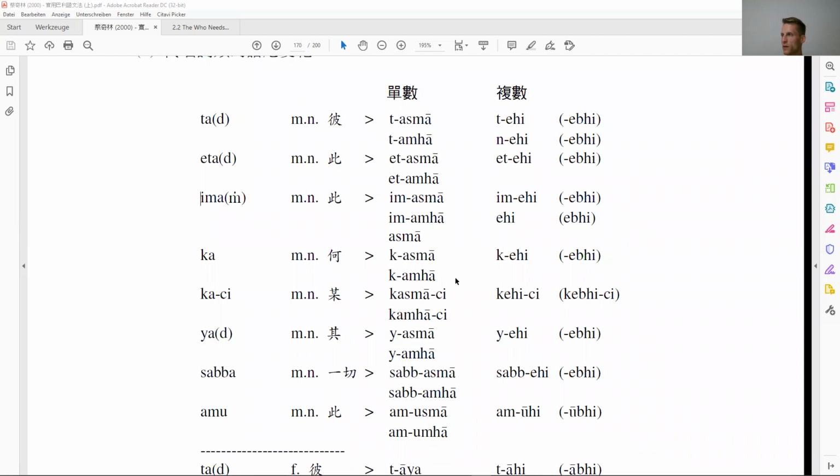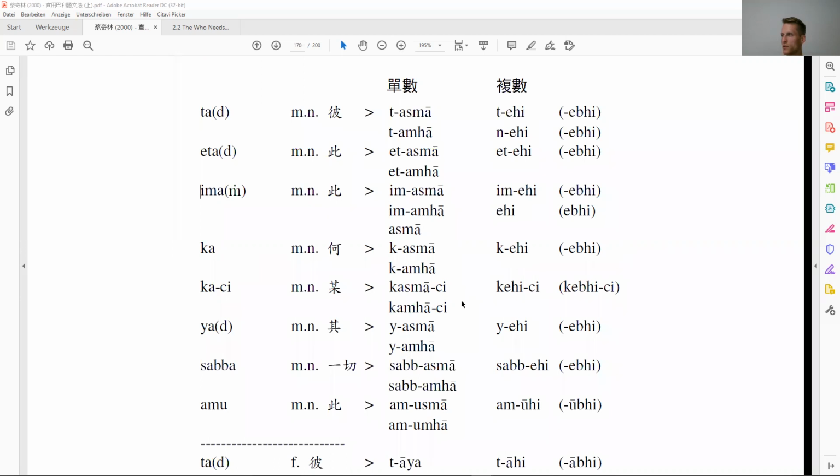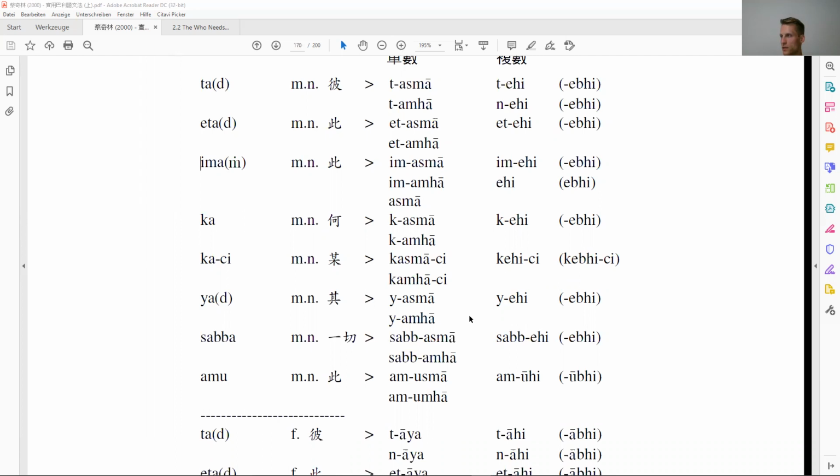Ka, Kasma, Kamha, Kehi, Kebi, Kachi, Kasmachi, Kamhachi, Kehichi, Kebichi, Yat, Yasma, Yamha, Yehi, Yebi,